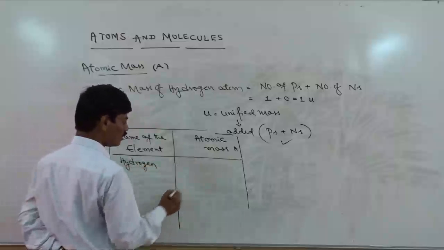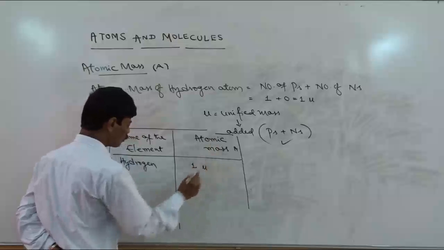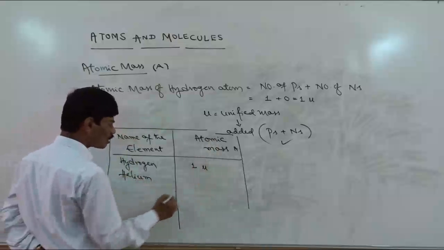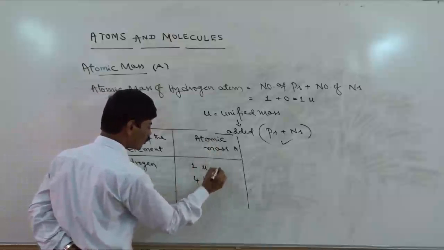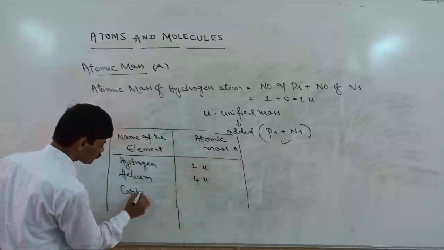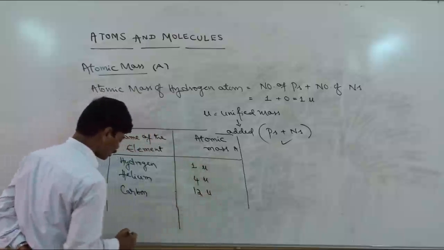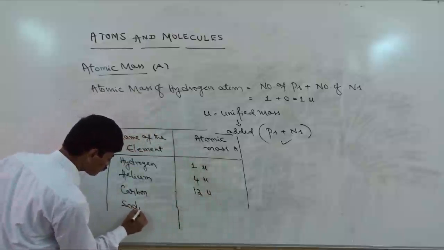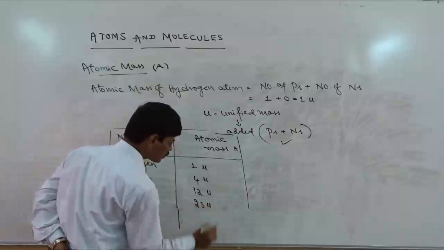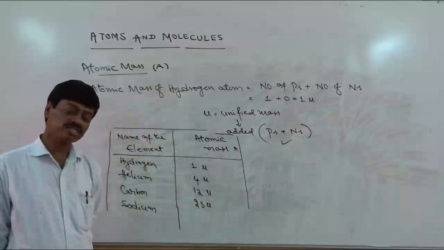Its atomic mass is 1 U. Next, helium, atomic mass 4 U. Right. Next, carbon, 12 U. Next, sodium, 23 U. Atomic number of sodium is 11, so it should be 22, but it is 23 U